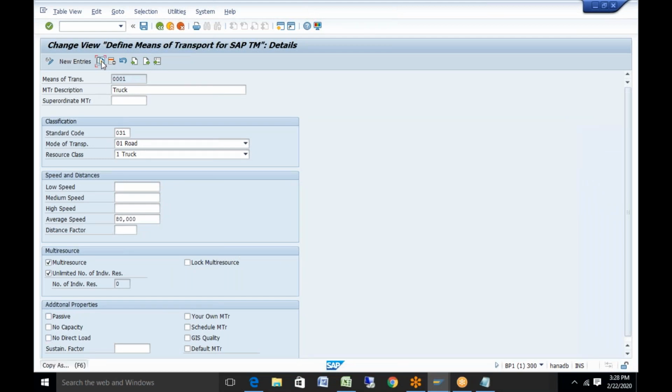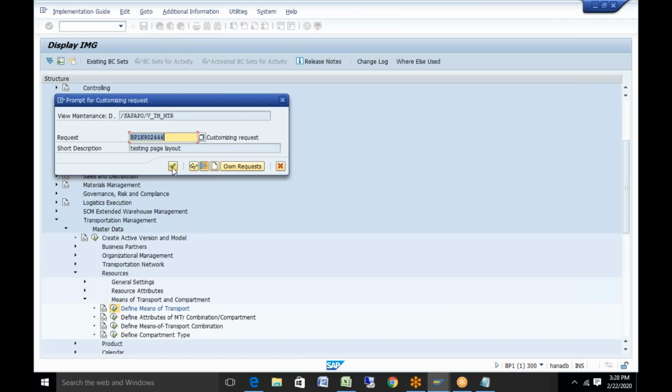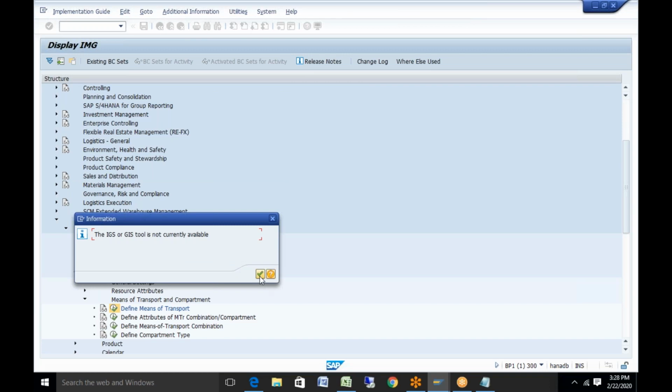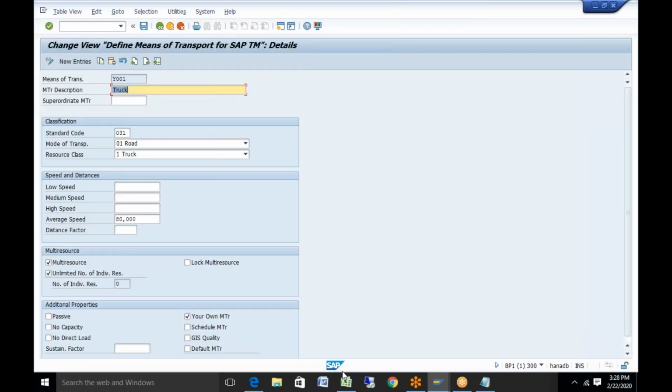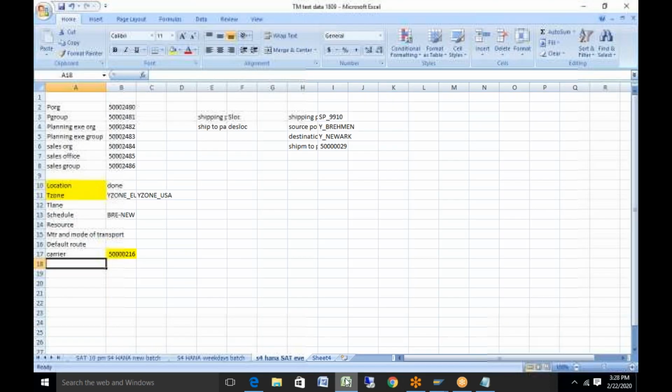Okay, so if you want to create your own means of transport, I'll create one means of transport for truck. This actually is our own means of transport, nothing much to be used here. So this is Y001.